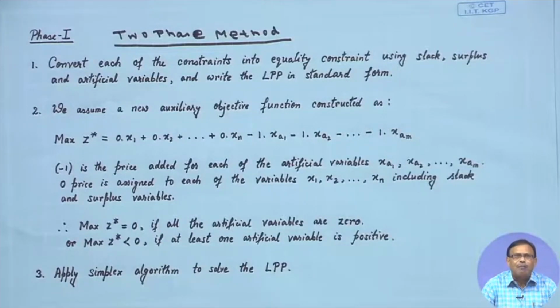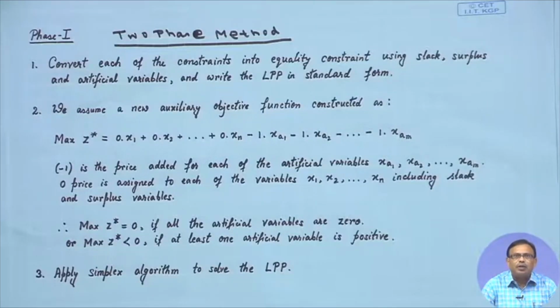That is, you have been given the LPP in canonical form. From the canonical form, you are converting the LPP into the standard form by converting each constraint into an equality constraint with the help of slack variables, surplus variables and artificial variables. Step 2 is,